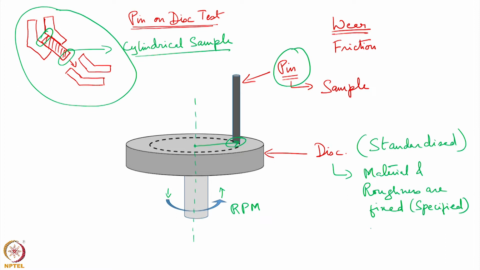Right. So, once you know the RPM and the distance of the position where the pin is coming in contact with the disc from the center of the disc, you can use V equals omega r and convert that to a linear velocity or linear speed in this direction. So, tangential to this you can think of a linear speed. Therefore, this RPM will translate to a linear speed